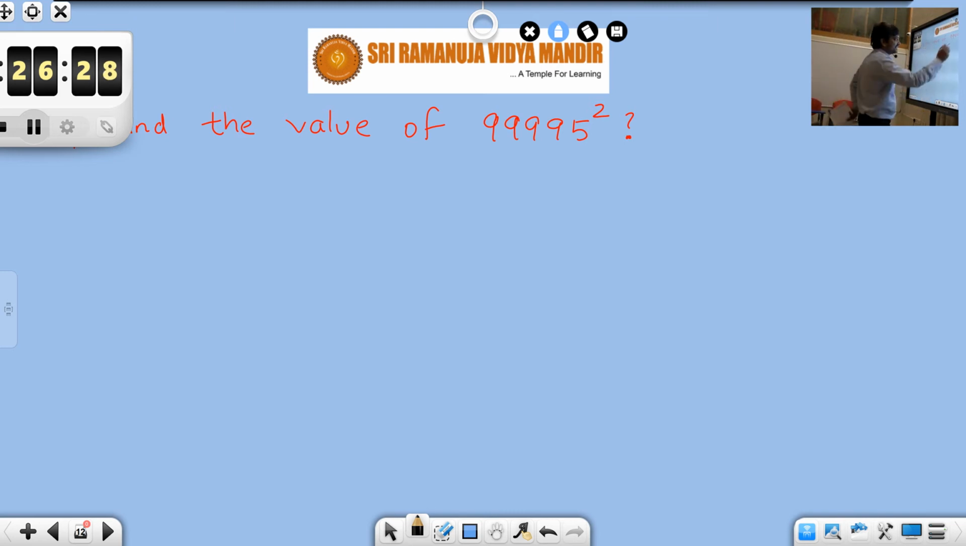Find the value of 99,995 square. Students, again we have discussed this property twice. Whenever the number ends in 5, first of all, the square ends in 25, and to find the leading digits, what we'll do is